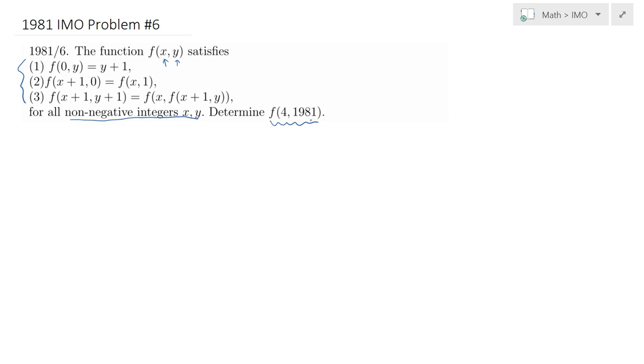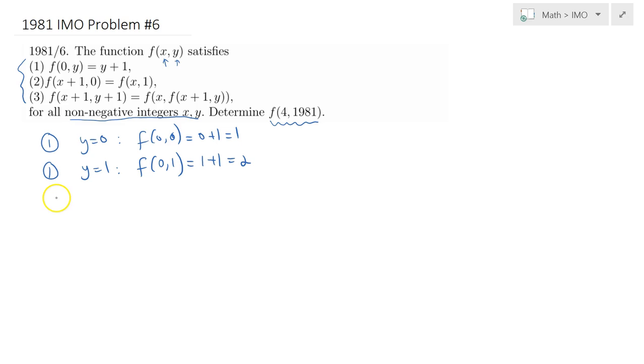To begin with, like in any other functional equation problem, we try to see some patterns by substituting different values into our function. Let's start by substituting in the first equation. Substitute y equals 0, and we will get f of 0, 0 equal to 0 plus 1, 1. Again, in the first one, substituting y equals 1, f of 0, 1 would simply be 1 plus 1